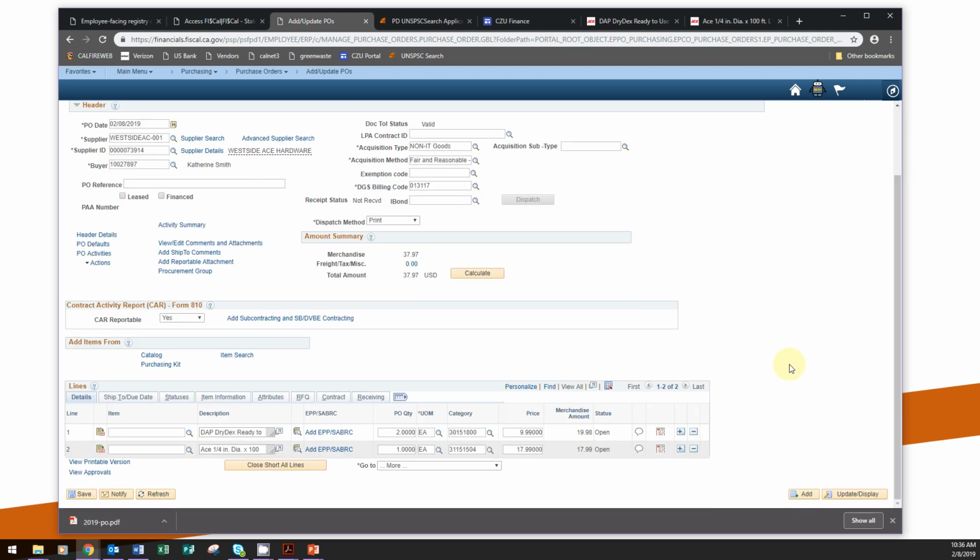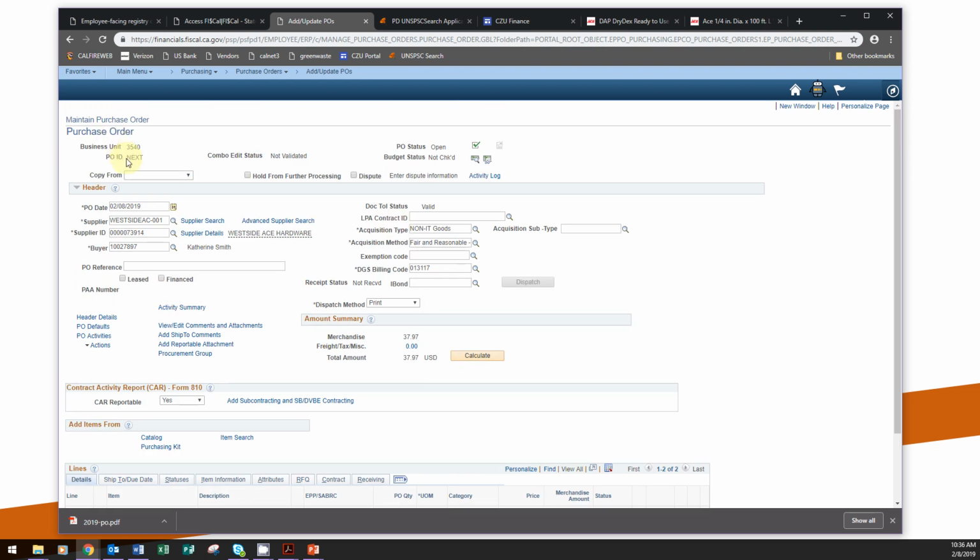Once you've entered all your items and checked all those associated fields, believe it or not, you're done. Now you can click Save. Since this is just an example, I'm not going to click Save, but you would. Once you click Save, Fiscal will generate a purchase order ID, and it will appear up here where it currently says Next. You should save this number. Write it down, make a spreadsheet, keep track of all your purchase order IDs, because it will follow this purchase through the approvals page,